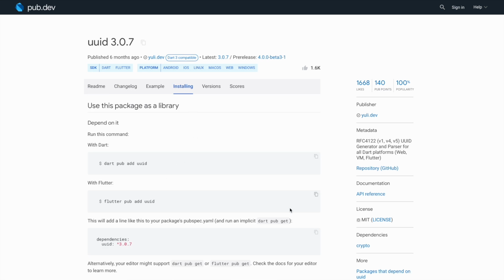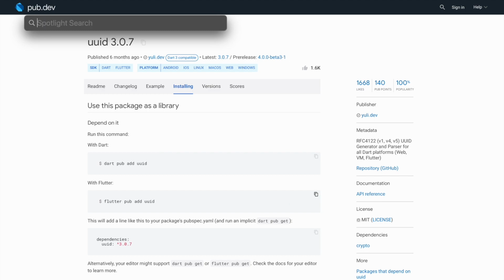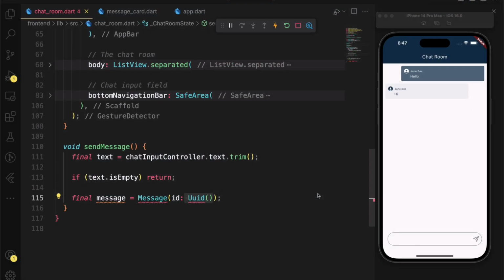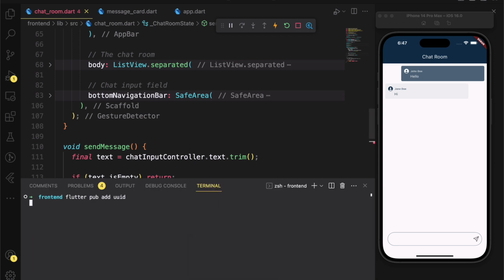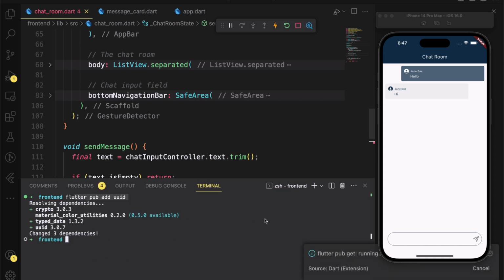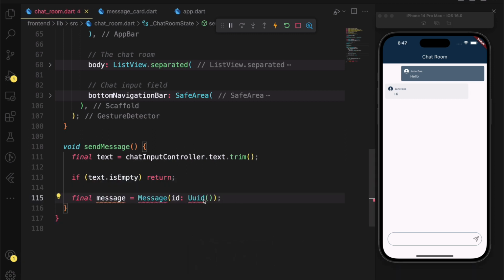Let's go to the installation section, copy the flutter pub add uuid code, then head back to VS Code, open the terminal, clear the terminal, paste the code, and there you go. We can now run it. This is now installing the package.